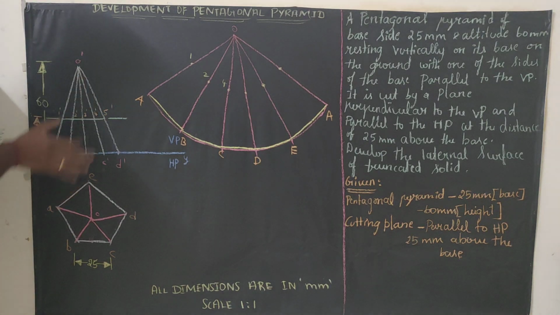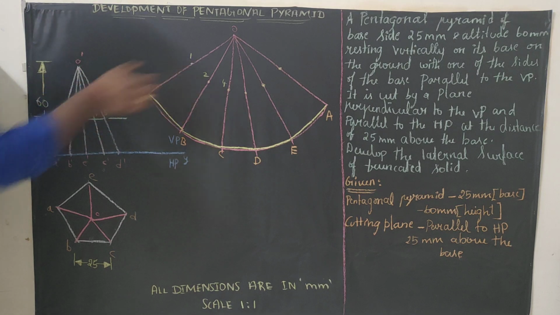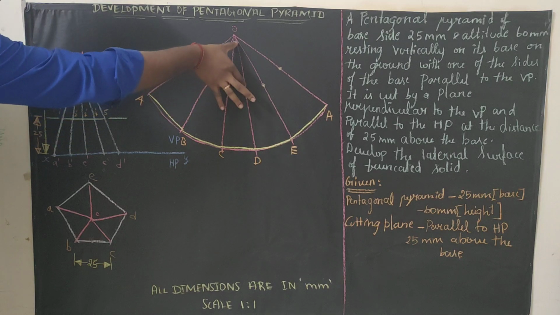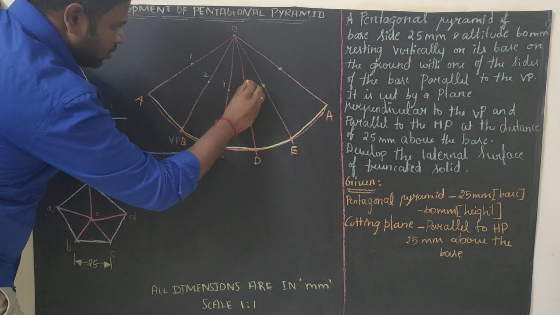Okay, we will continue from now on. Measure from O dash to 5 dash. It's between O dash and D dash, right? So measure this distance. Whatever distance you are having, you have to mark here and mark it as 5. See here, 5.